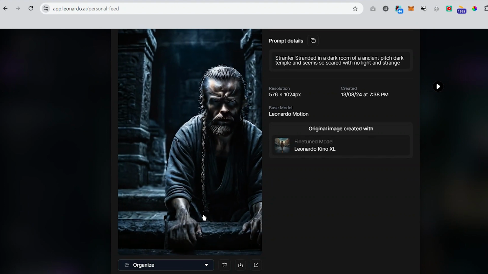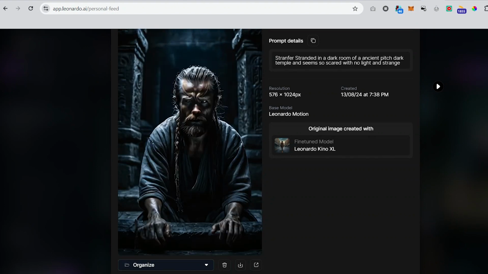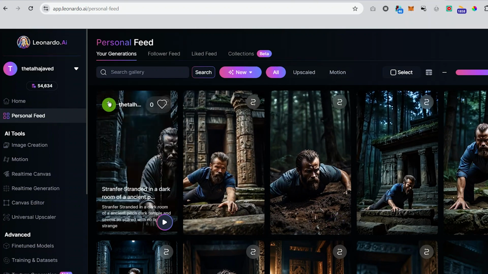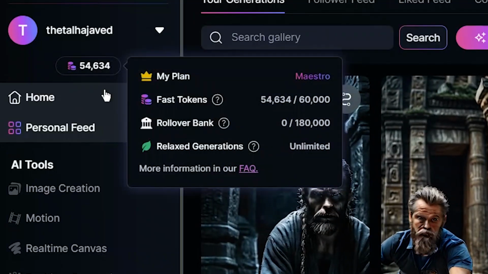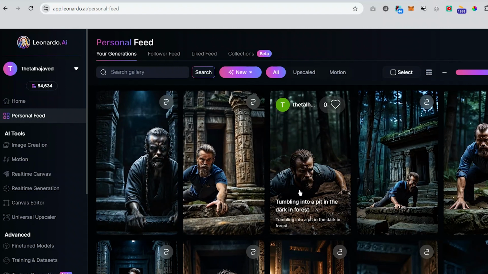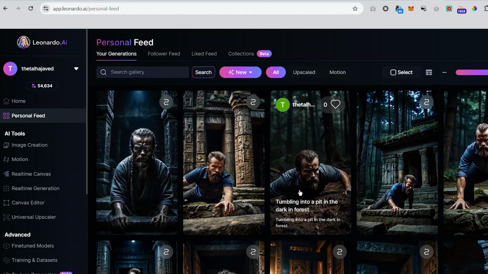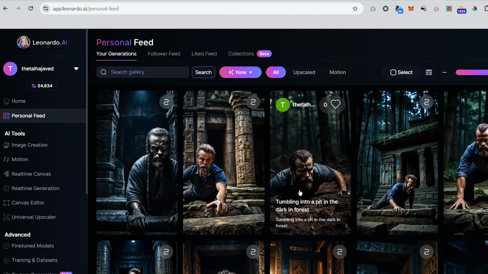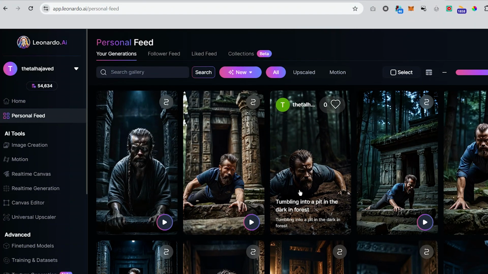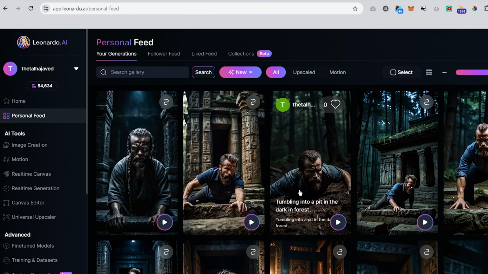The image generator is perfectly fine. You see, after buying this, I still have like 54,000 tokens left. However, I would keep trying this one, but for me, if I have to take it just for the image to motion or image to video, then this doesn't make much sense. So this was my opinion on Leonardo AI as of the latest. They might improve this in future. However,